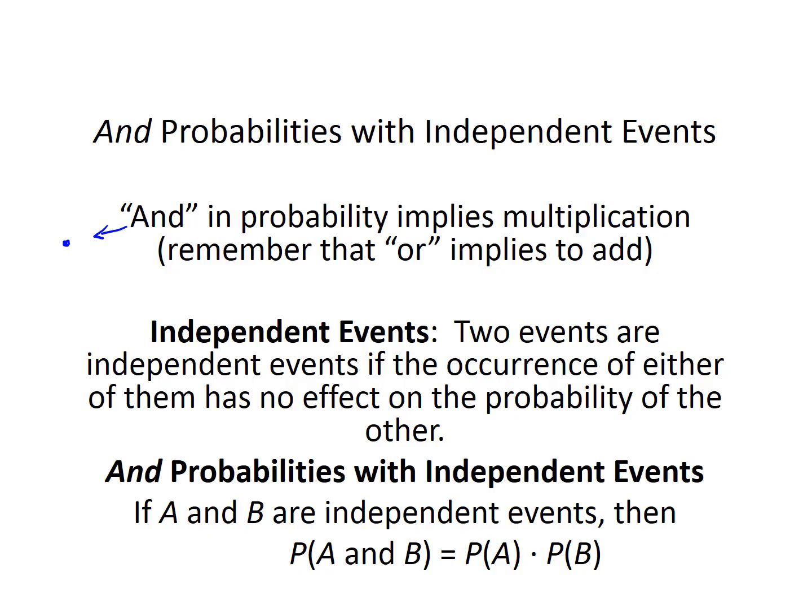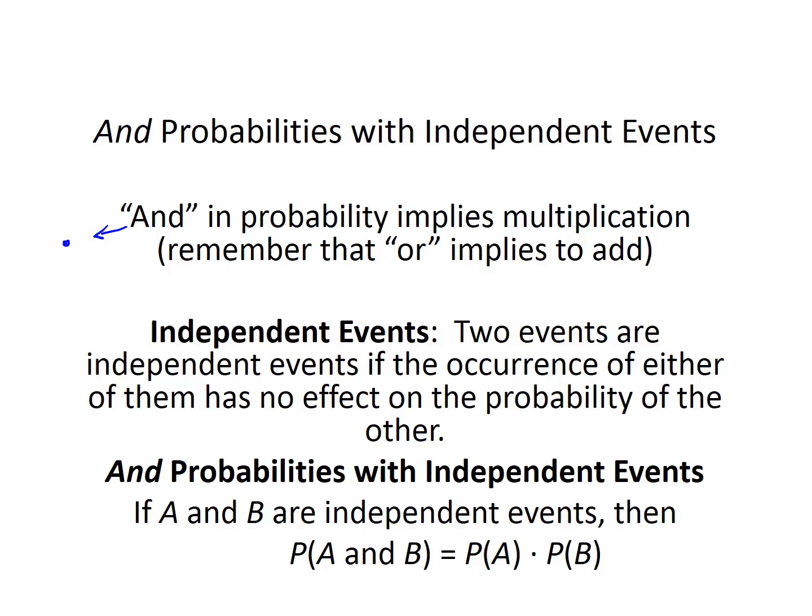If we want the probability of event A and event B, we have to make sure that the events are independent, or we have to take into consideration that one event depends on the other. So two events are independent if the occurrence of either of them has no effect on the probability of the other. For example, if I have a